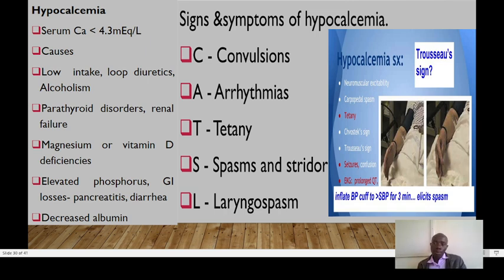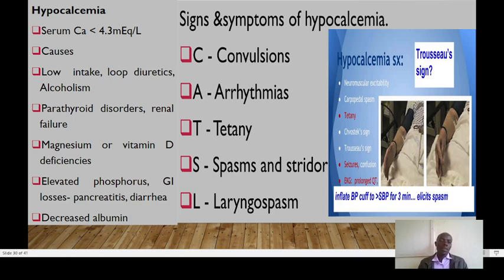So we have signs. We could start with hypocalcemia, where you have reduced levels of calcium. This could be caused by low intake, loop diuretics, or alcoholism. Furthermore, we could have parathyroid disorders, renal failure, magnesium or vitamin D deficiency, elevated phosphorus, GI losses, and decreased albumin. Also, the patient is going to present with convulsions, arrhythmias, tetany, spasms, and